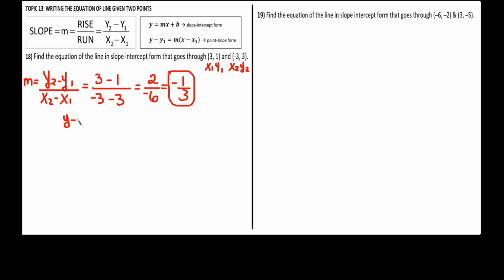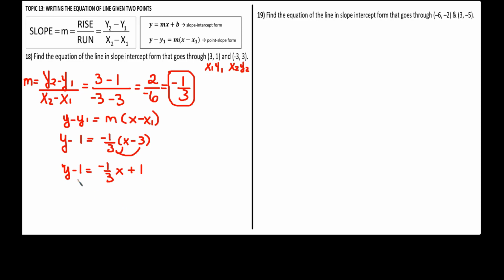Now we need to find the equation of the line, so we're going to use the second formula, which is this formula here. y minus y1 equals m(x minus x1). You're going to plug in the information, so y1 is 1. The slope is negative 1/3. x1 is 3. Now remember, first step is to eliminate parentheses, so we're going to write y minus 1 equals negative 1/3 x, and negative 1/3 multiplied by negative 3 on the calculator gives us positive